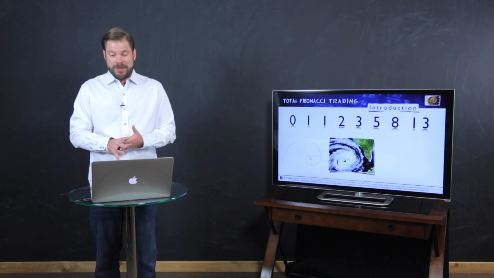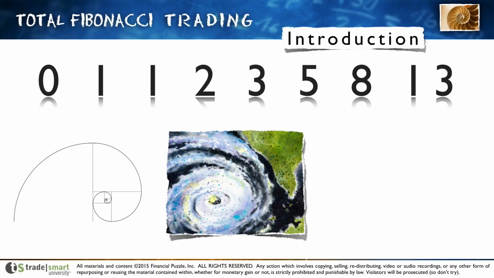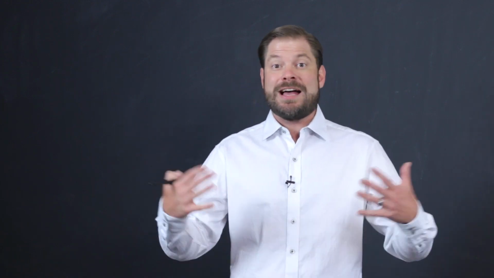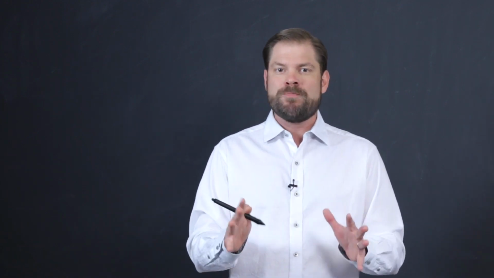In addition to seeing it in weather patterns, other natural elements would include things like the nautilus shell. In fact, it's hard to find any kind of a Fibonacci book or work or anything written without a nautilus shell in it, because it's just so dang similar to what our Fibonacci spiral looks like. Again, I apologize for my freehand. In fact, it's so cool, I put it right here. You'll see it for the whole remainder of this series in the upper right-hand corner, the nautilus shell. And so we've got numeric representations, we've got graphical representations, we have natural representations, but did you also know there's